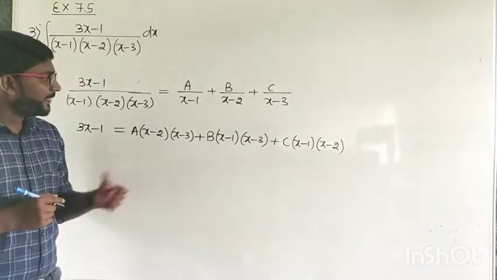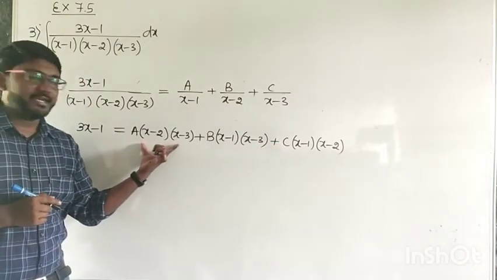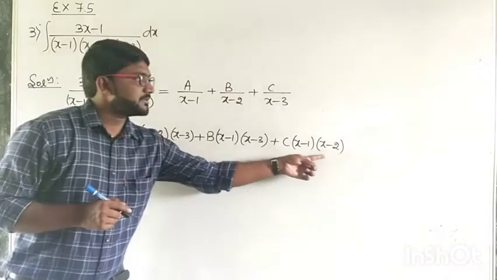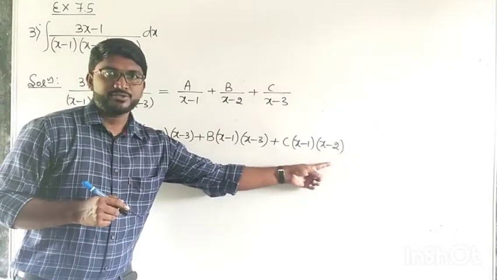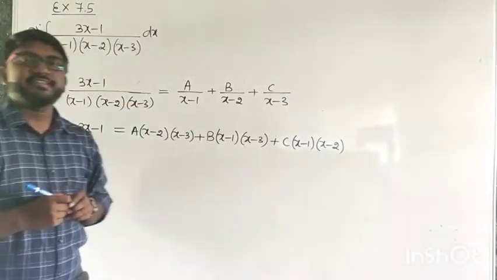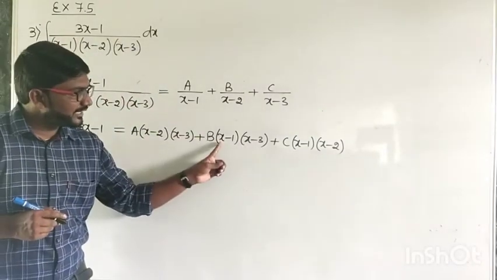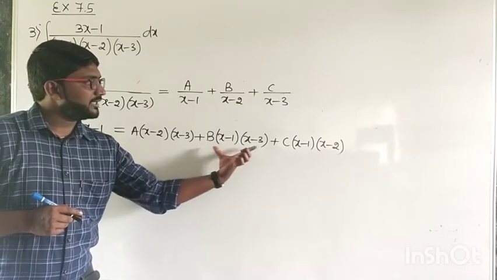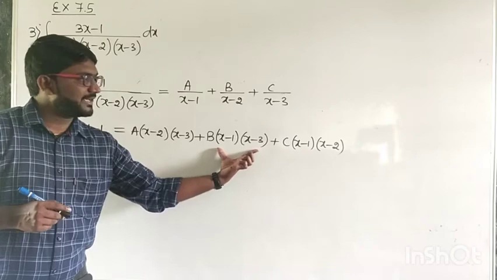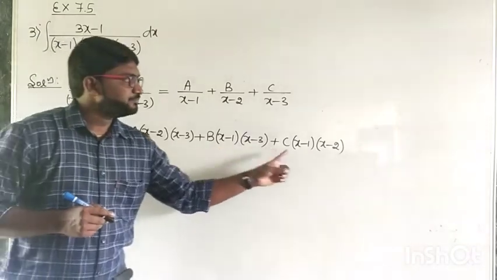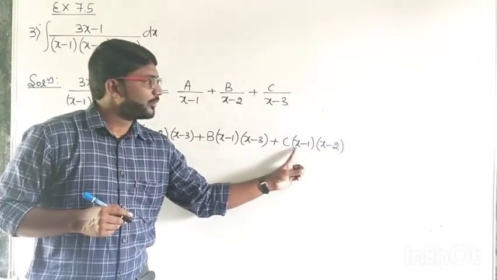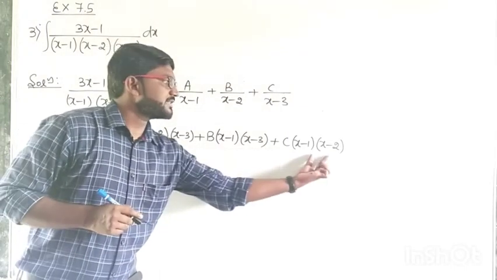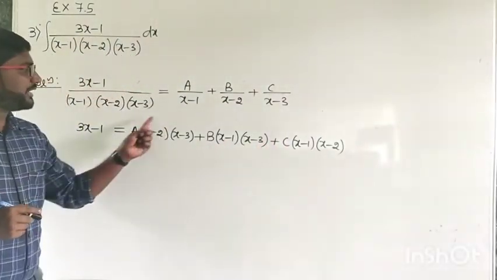So see here. Now we want the value of a. If you want to calculate the value of a, these two terms must be 0. So what do I do now? I go for x equal to 1. See here. If you put x equal to 1, 1 minus 1 will be 0. 0 into anything is always 0. So this term has become 0. And here also I am taking x as 1. 1 minus 1 is 0, so this entire term is 0. These two terms are eliminated, so you have only this term.